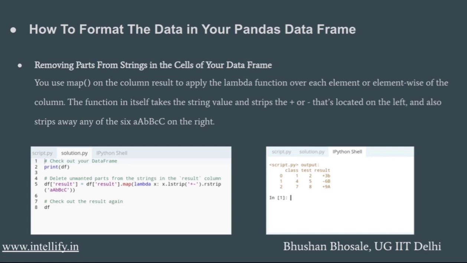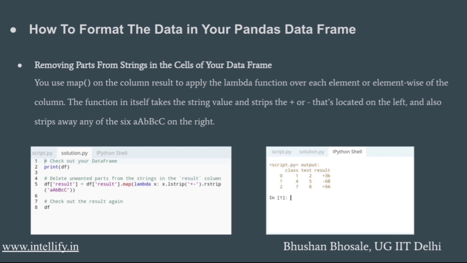Okay, so now what does that remove function do? I have to specify whether I have to r strip or l strip. R strip and l strip are like the precedent and descendant: on the left-hand side the alphabetical order is present, or on the right side the alphabetical order is present. So now I have the values 3a, 3b, 3c like this. I have to do an r strip and pass the parameters. So I would pass a, b, c, and all the alphabetical values would be removed from the frame.